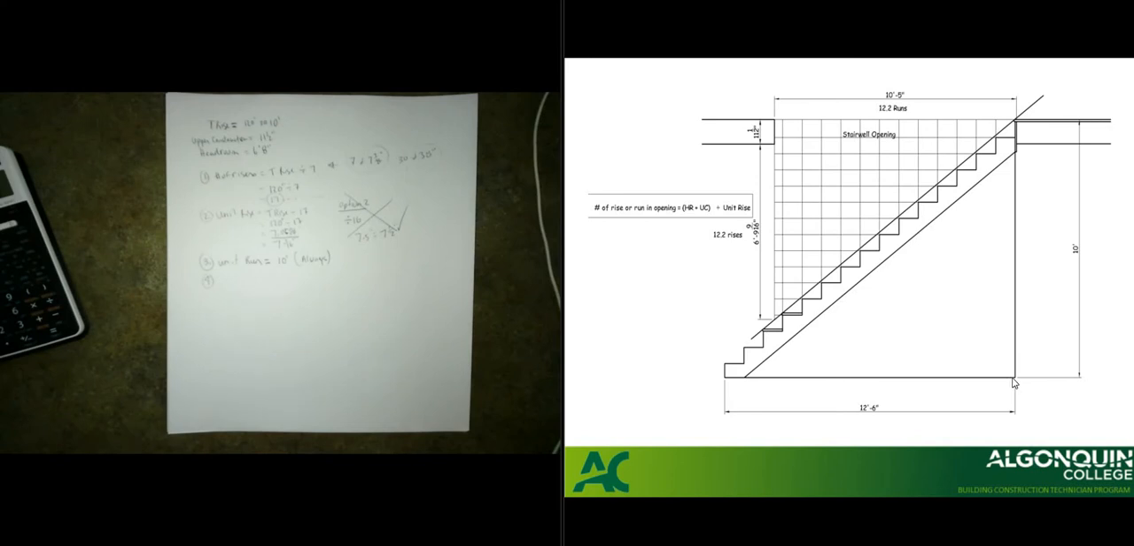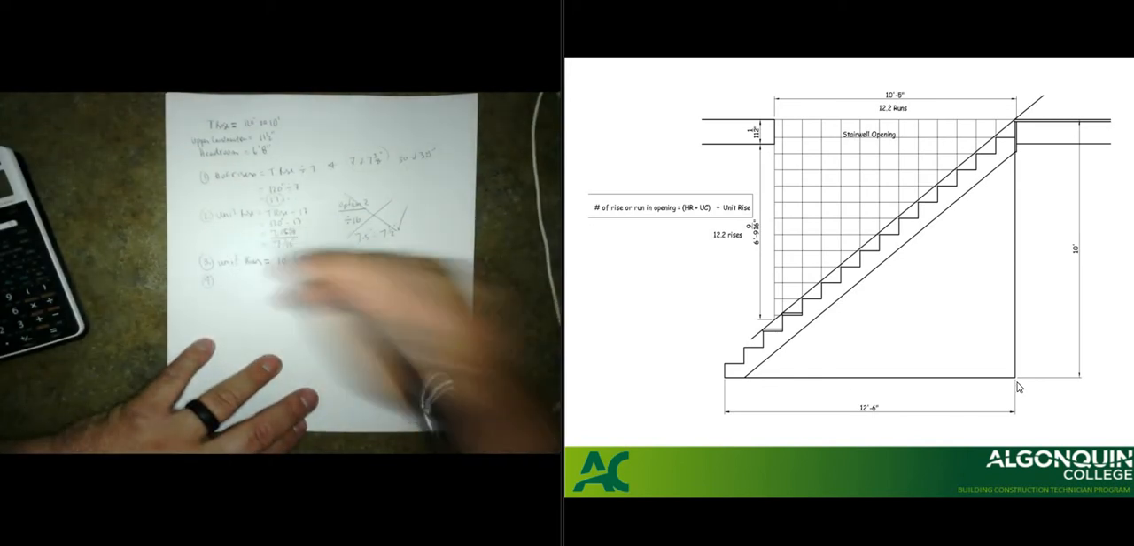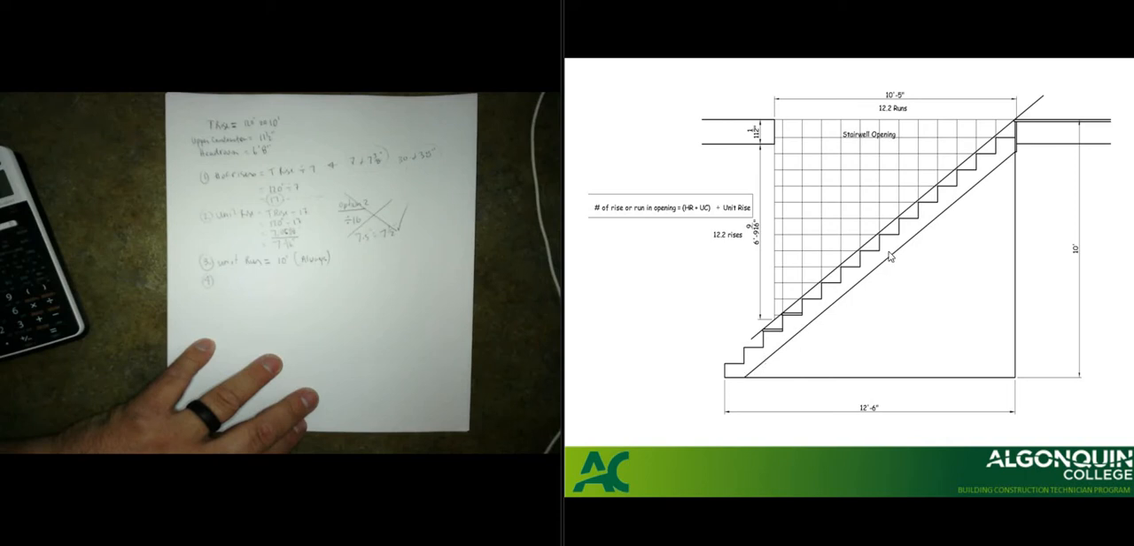Step number 4 here is determining the total run. The total run is the distance traveled horizontally of the stairs. So from that point to that point would be the total run. What I have to look at is that if I have 17 rises, that means I have 1 less tread. If we were to lay that out on a piece of paper,